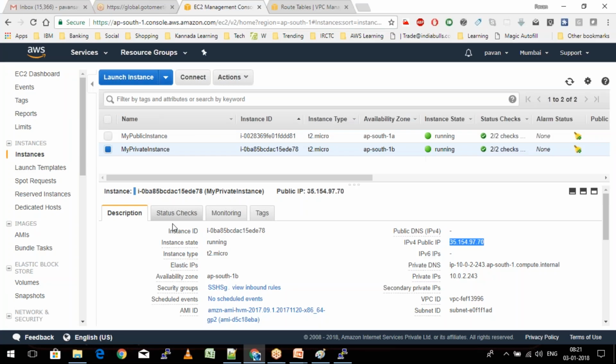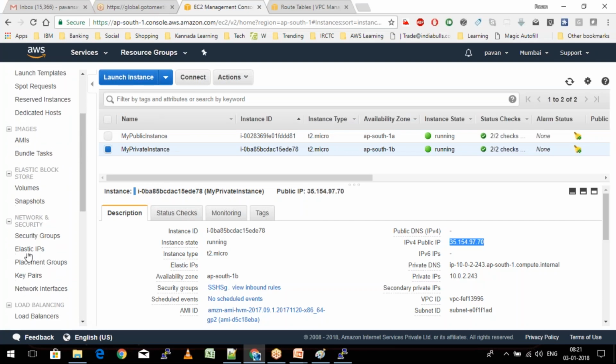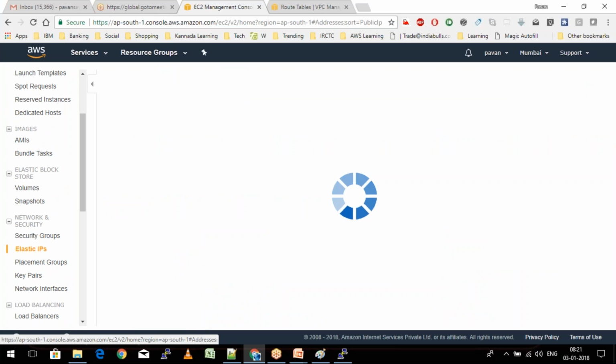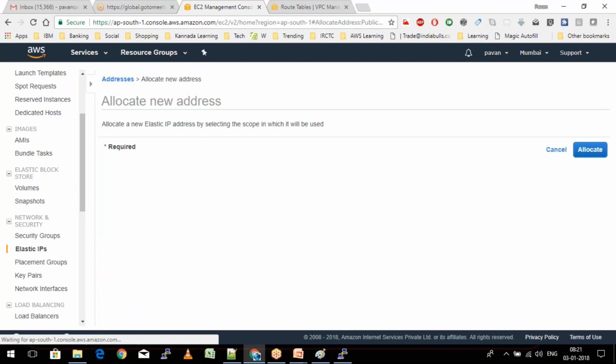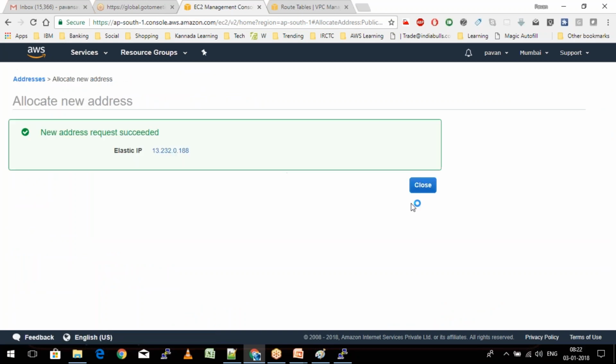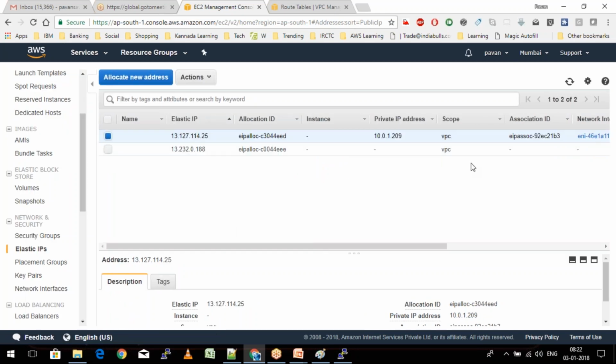Elastic IPs, yes, they are chargeable only if they are unused. So currently, if you see, this elastic IP is associated to either a network interface or maybe the EC2 instance, right? If you associate it with any of these things, then you are not charged for that. But if you just say I want a newly allocated IP address, and then I'm not going to make use of this, and you do not associate it with any of these things, then you are going to be charged,